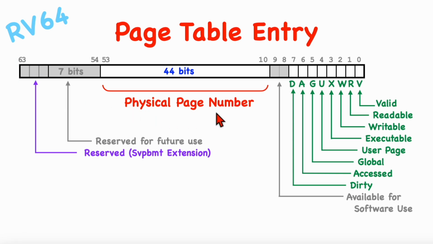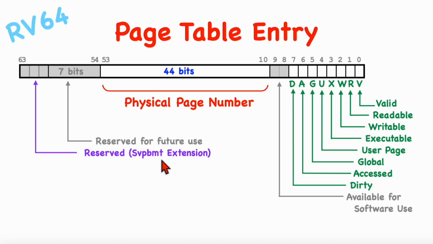The physical page number has grown from 22 bits to 44 bits. The privileged bits are exactly the same. Up at the top, we now have 10 bits that are new. 7 bits are reserved for future RISC-V enhancements, and 3 bits are used for an extension called